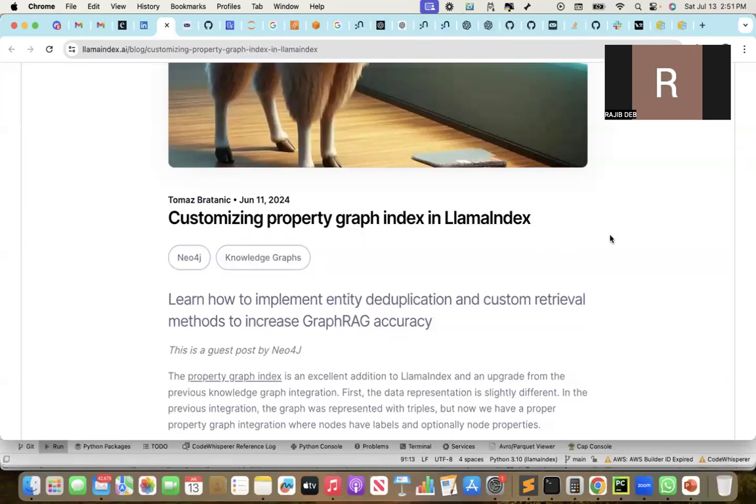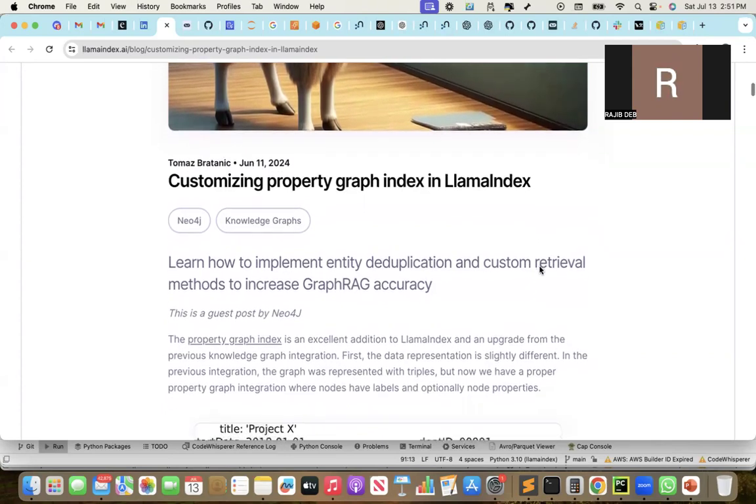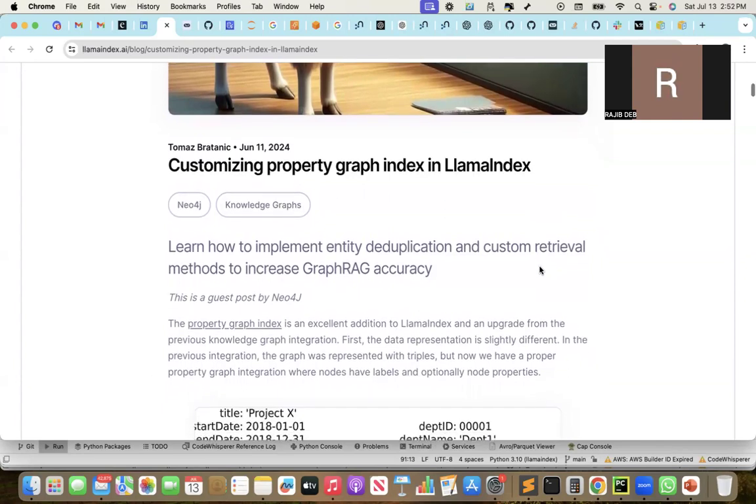Last week, LlamaIndex released a very smart way of deduplicating entities after they use a model or LLM-based approach to create entities or triplets, entities and relationships from unstructured data to create